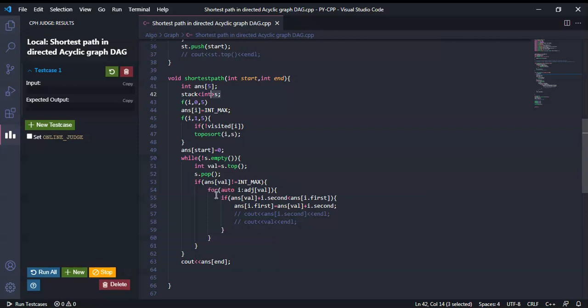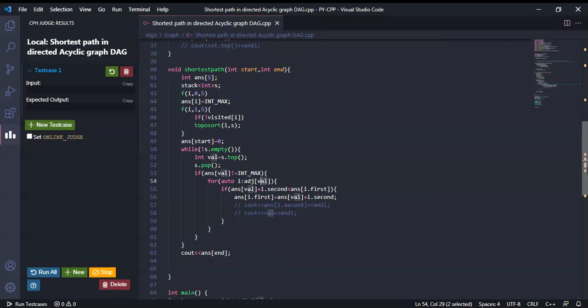Then for each neighbor of that node, the first being our source node, we calculate the distance. Suppose the answer of value plus i.second is less than answer of i.first. Initially the answer of i.first is int max, so obviously any value will be less than int max. So we store the value of i.first as the answer value plus i.second, and this loop goes on till the stack is empty.